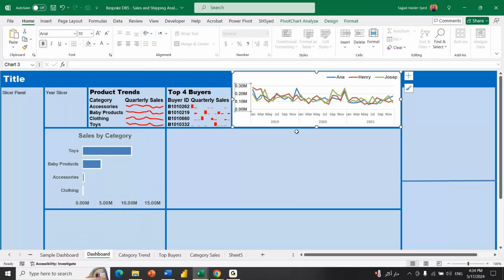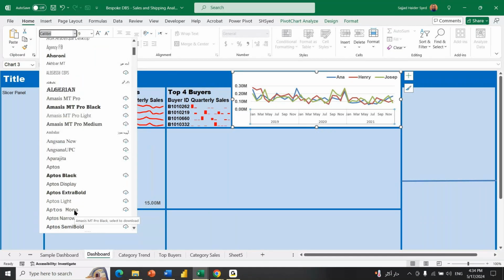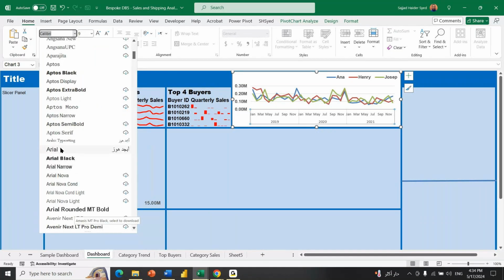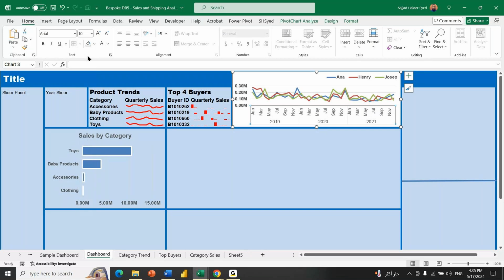And these values, let's make them Arial 10 and bold. And now finally, I want to give this chart a title. So title,